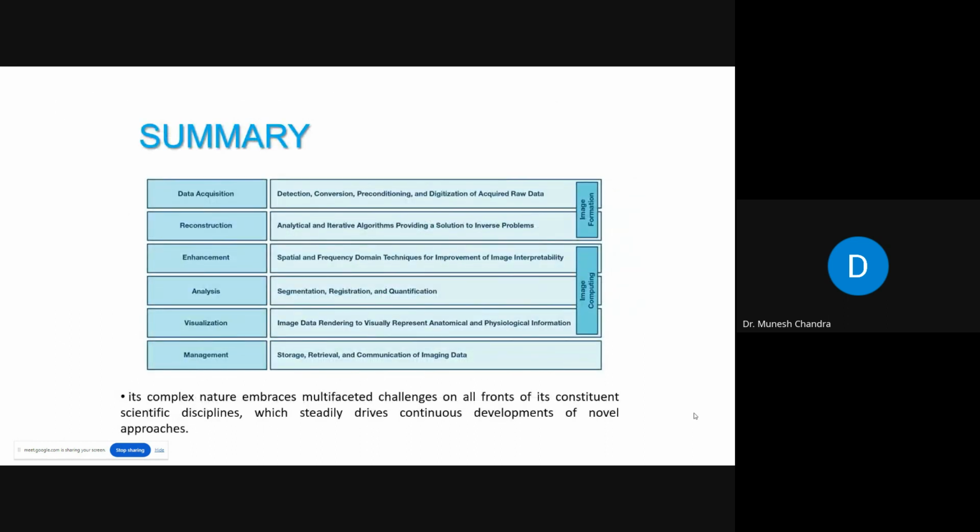But somehow we have to focus on the certain aspects that we have discussed: how we are collecting the data, how we are doing the pre-processing, how we are doing the segmentation, how we are doing the feature extraction and selection. So basically all the output depends on these parameters only. So that's why I am suggesting, whenever you want to do research in this particular domain, do not depend